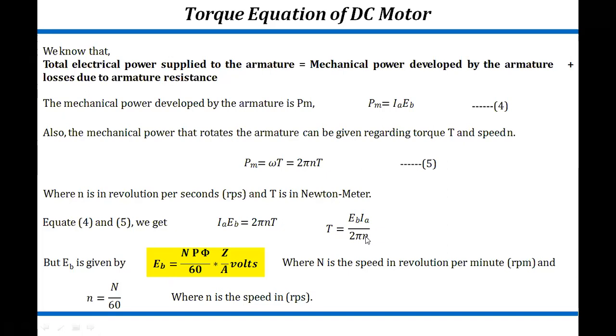And when you are talking about the small n, we can take small n in the form of capital N by 60, because we are taking that speed in rotations per second. So in place of N P phi Z upon 60A, you can write small n P phi Z upon A, as that 60 will get cancelled. You can write in rotations per minute or you can write in rotations per second. So here we have seen these equations.